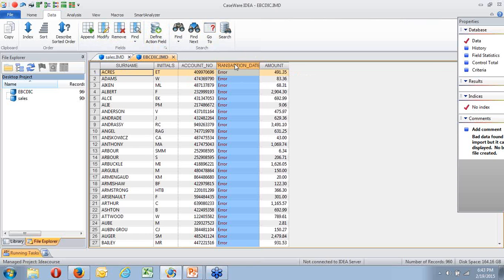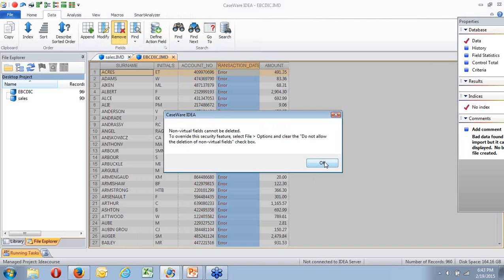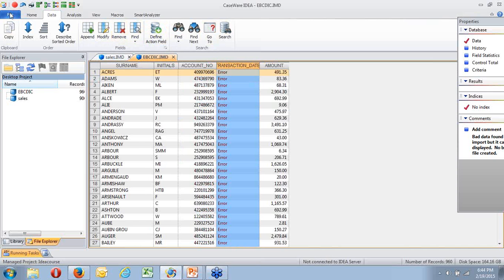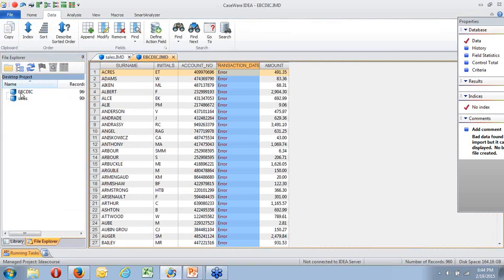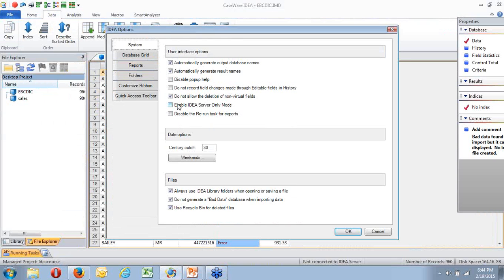And the reason it's an error is because it was coming in and it was not that kind of date. Now the other way I can do it is I can take that and I can remove it. I cannot remove it, so I would have to do File, Options, and clear out the Do Not Allow the Deletion of Virtual Fields. File, and then go down to my Options, and I can take out that Do Not Allow the deletion.